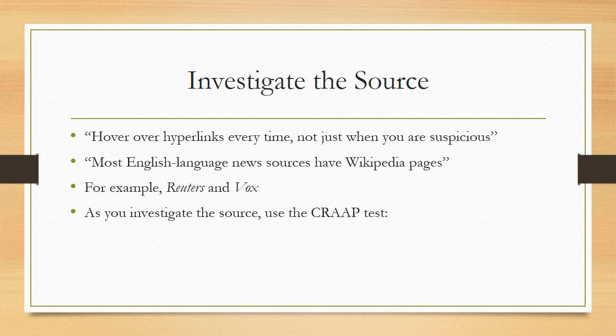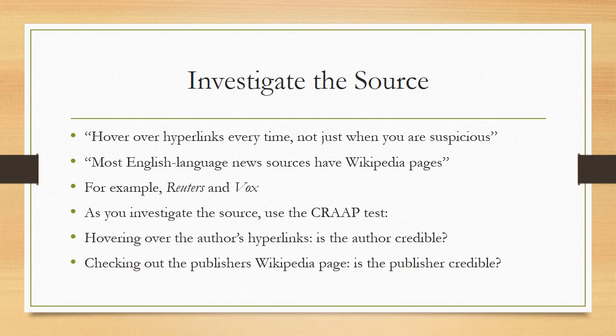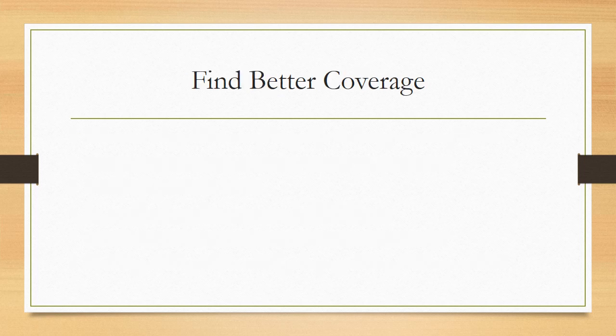Then when you investigate the source, you would look up the author and the publisher, like we just did with Vox. So you hover over the author's hyperlinks. Is the author credible? Check out the publisher's Wikipedia page. Is the publisher credible? Just a couple of examples there. Hopefully the connection between SIFT and CRAP is clear here. Let's now move on to the F in SIFT, find better. This is really important